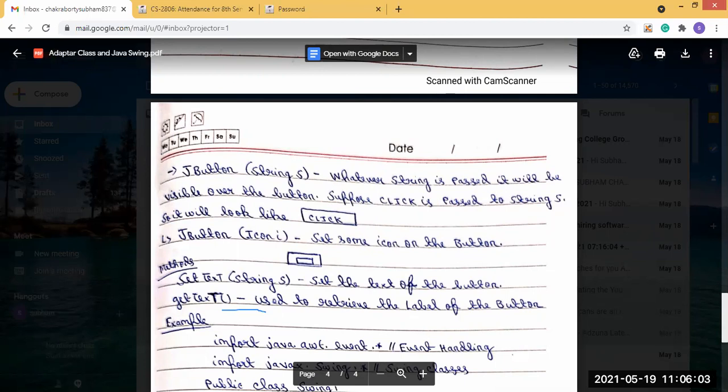And through getText, we can only retrieve the value. So through setText we send a String class object, and it will set the text of the button.